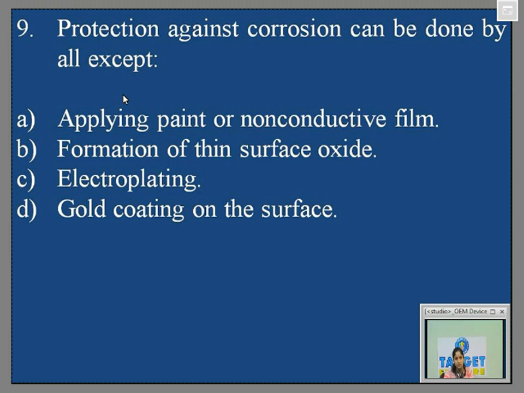See, how do you electroplate? It's actually a proper cell which is created, in which with the help of a current, you ensure that there is deposition of electrons from the anode to the cathode. So it is a better option over gold coating over the surface. According to what Skinner Phillips says, electroplating, yes, is an option for protection against corrosion.